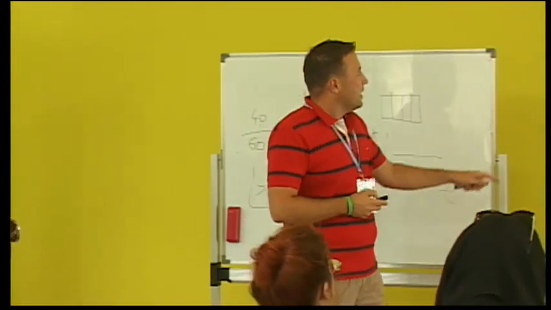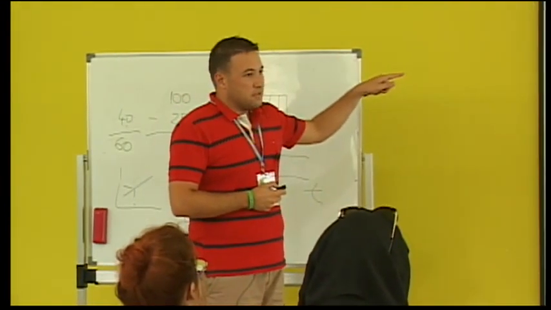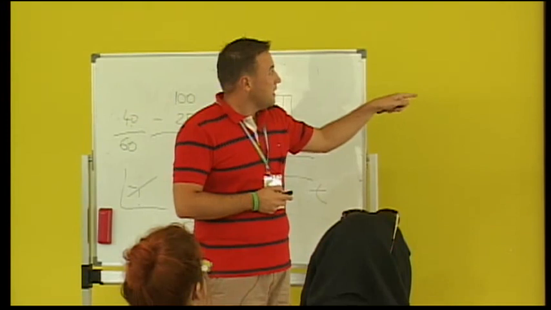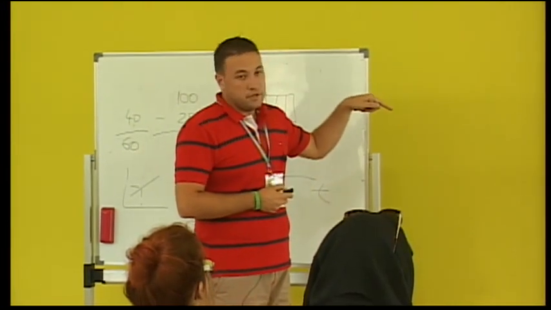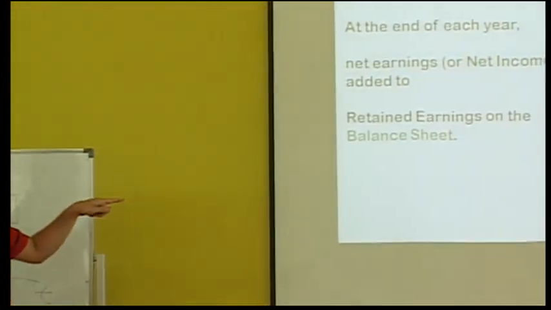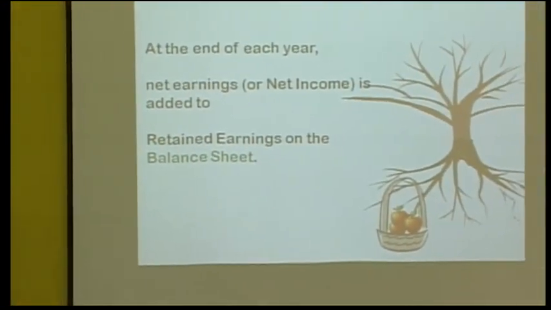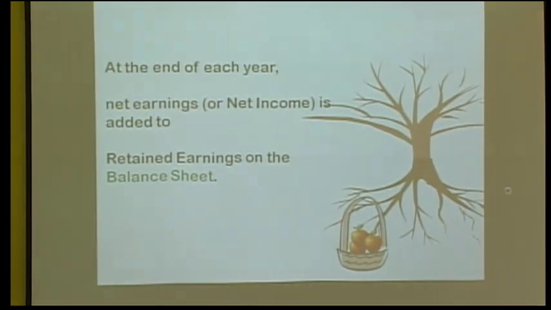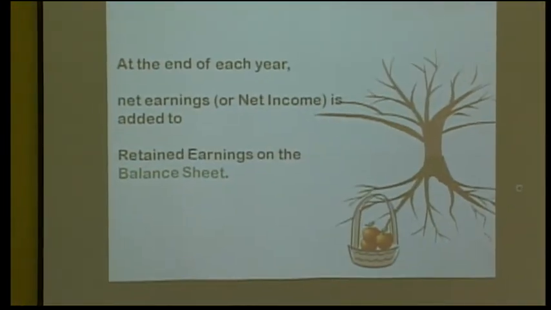Okay. This is the income statement, the first statement. At the end of each year, your net income is added to retained earnings on the balance sheet. Balance sheet is the second one,